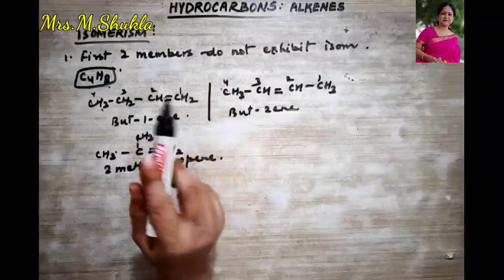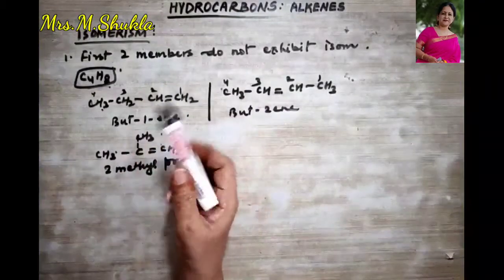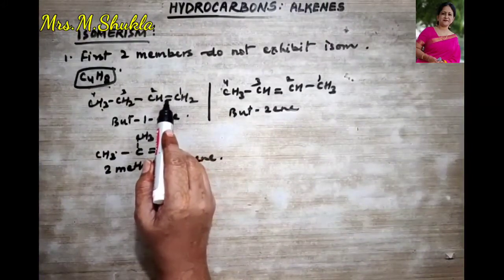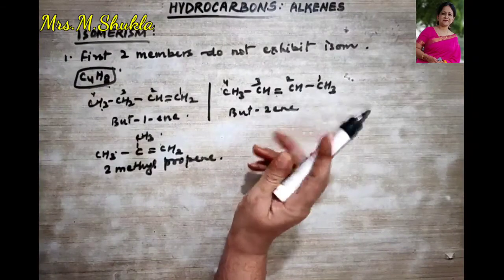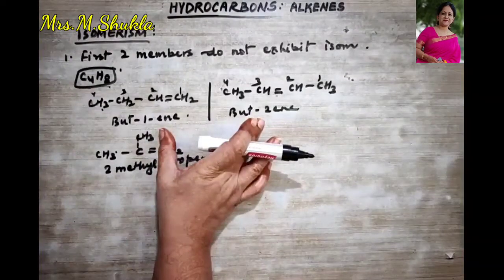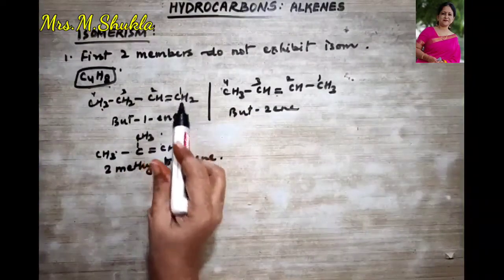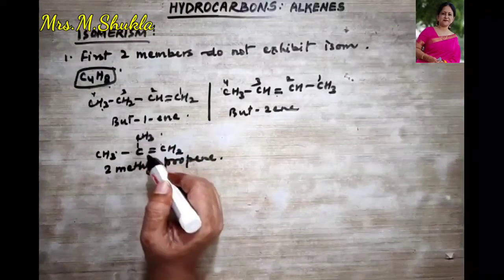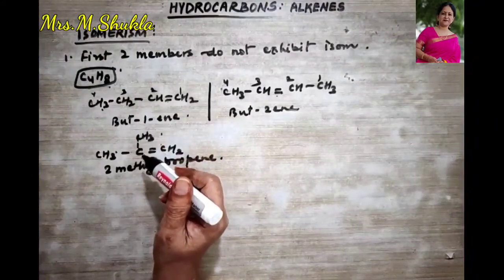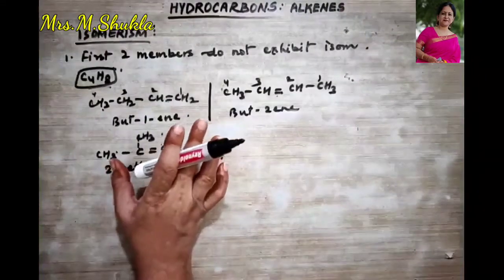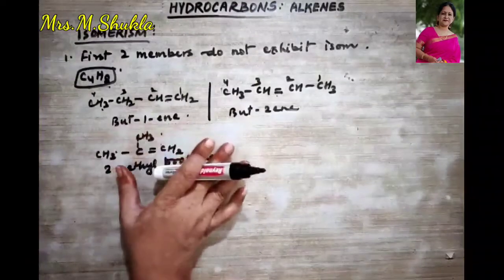These isomers, structures 1 and 2, do they show position isomerism also? Over here the position of the double bond is 1, and over here the position of the double bond is 2, so we can see position isomerism. Now look at structure 1 and structure 3. These are chain isomers, because they differ in the arrangement of the carbon atoms in the form of a chain. So what did we study? They can show us position isomerism as well as chain isomerism. So this point is clear.